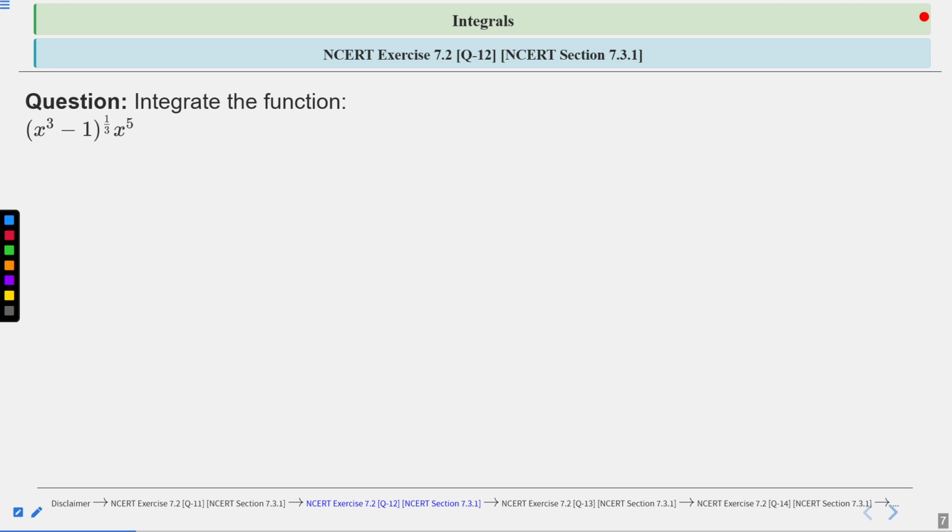Again, we need some substitution in this case also. We will try to substitute in such a way that the integral becomes easily integrable. So what we need to substitute, you basically have to think. Again, you have some time to solve or think about this question. After that we will discuss the solution part.